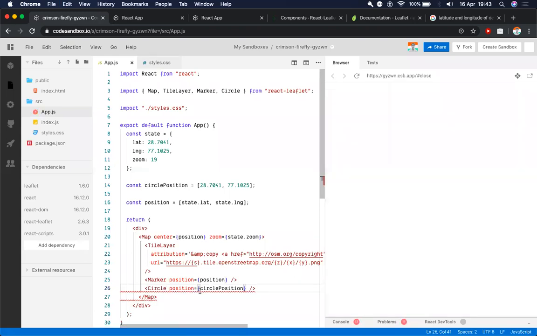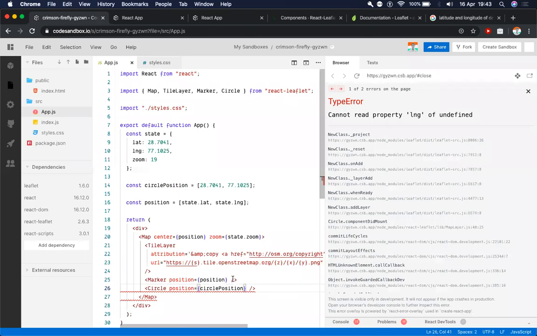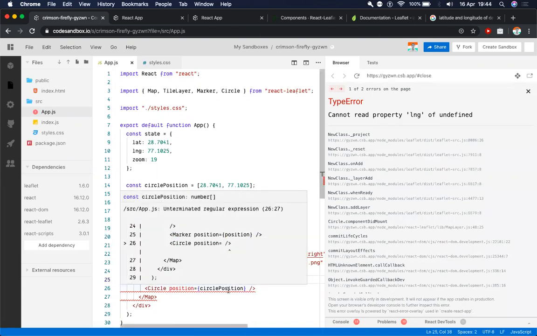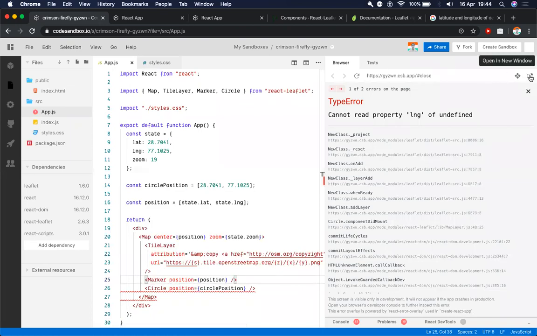Cannot read. Okay. This should be working at this point, but I'll see what error it's giving us. Okay, it's still in a bad state right now. Is it loading here?